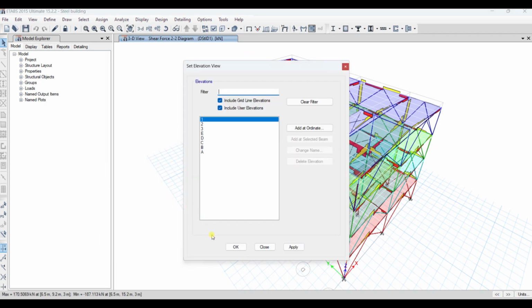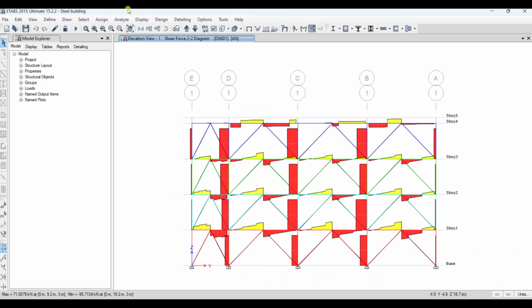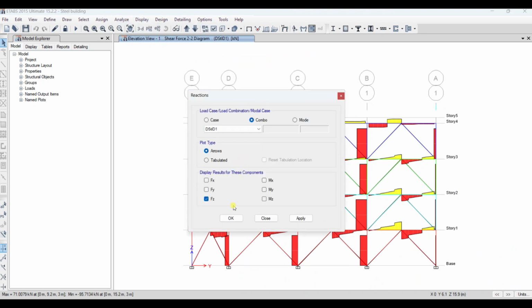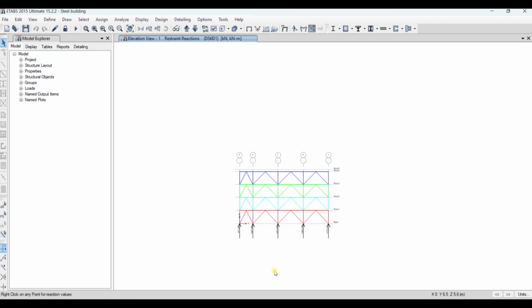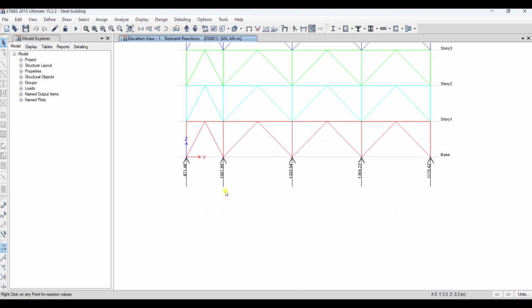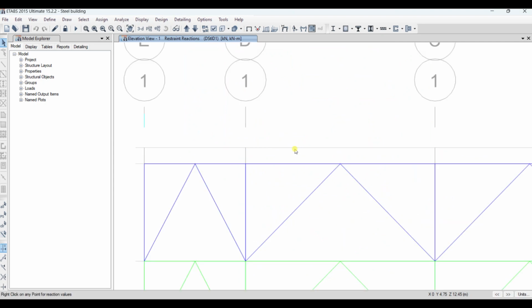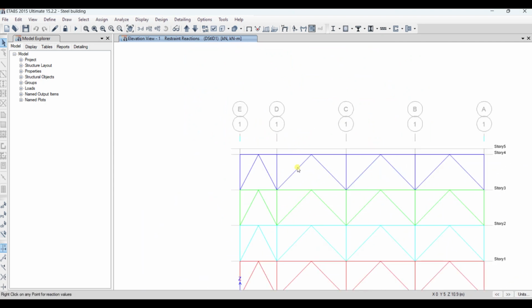Like we can get the elevation, any elevation is okay. Display, show forces, support, FZ. So we have come out with the reaction force. On the basis of this reaction force we can calculate and design our footings. So this is all about the